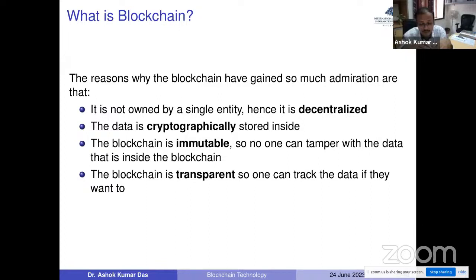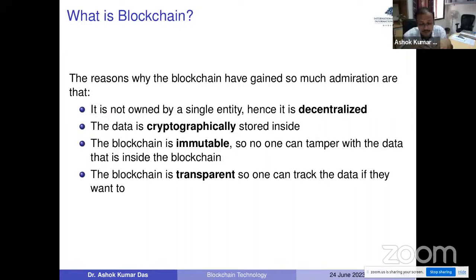In a cloud server environment, if the central cloud server fails, then the entire service will be hampered. But in blockchain technologies, even if a node is down for some period of time, there will be other nodes in the network that can provide the service to the customer. That's why it is decentralized in nature. Hence, there is no question of a single point of failure.